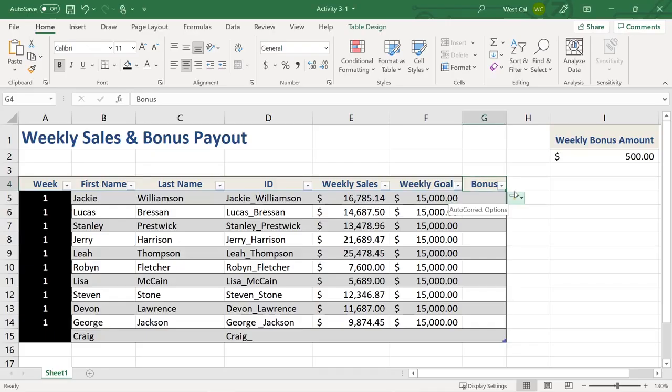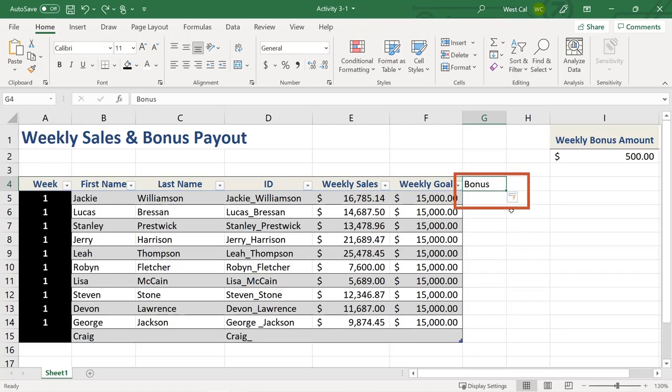You can control the table auto expansion behavior by clicking on the Control Autocorrect Options button that appears next to the added row or column and selecting the appropriate option. If you select Undo Table Auto Expansion, it removes the column or row from the table. But the data you entered remains and the Autocorrect Options button is still displayed, allowing you to select Redo Table